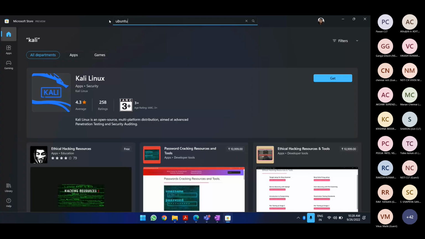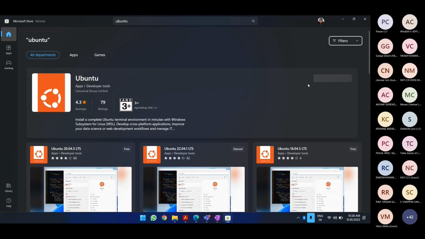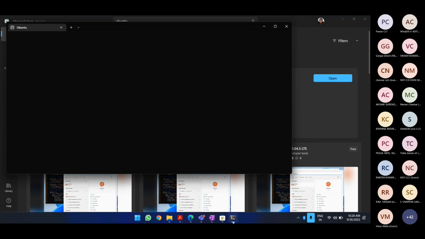So search for Ubuntu, and you can go for installation. That would be around 600 MB of installation, and it will do that. Right. So I already have it installed on my computer. So what I would do is I would open it. Now you can see a terminal of Linux opening up on my computer.